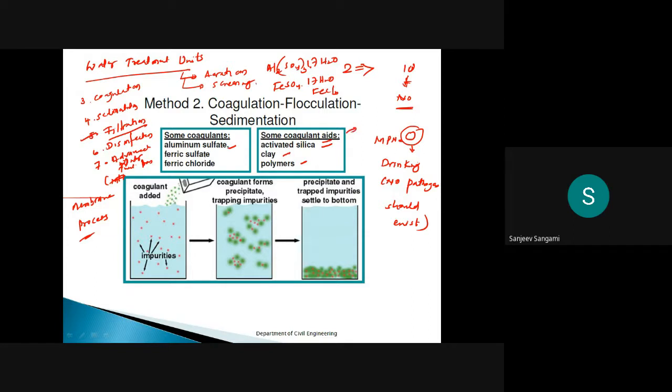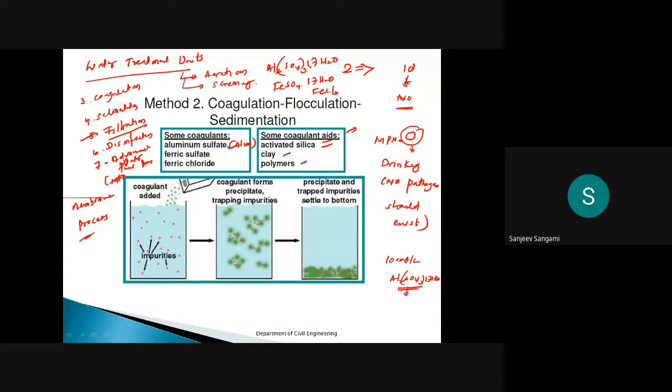Suppose we are using 100 milligram per liter of coagulant, for example aluminum sulfate. Aluminum sulfate we can also call alum, remember. This is Al2(SO4)3·17H2O.